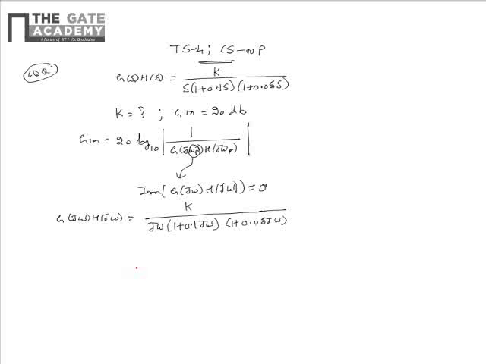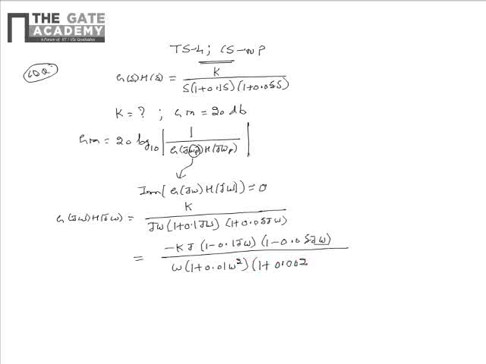So upon simplifying this, we see that this can be written as minus kj multiplied by (1 - 0.1 j omega) multiplied by (1 - 0.05 j omega) divided by omega multiplied by (1 + 0.01 omega square) multiplied by (1 + 0.0025 omega square). So from this, upon equating the imaginary part to 0,